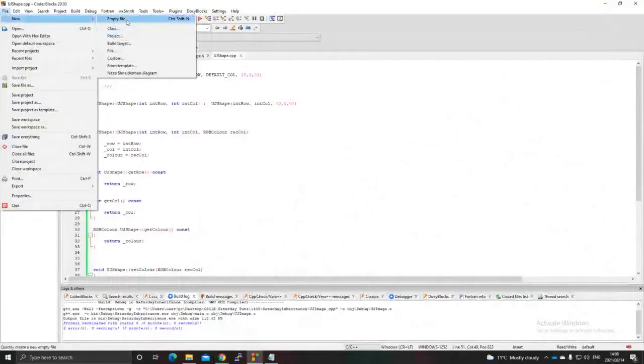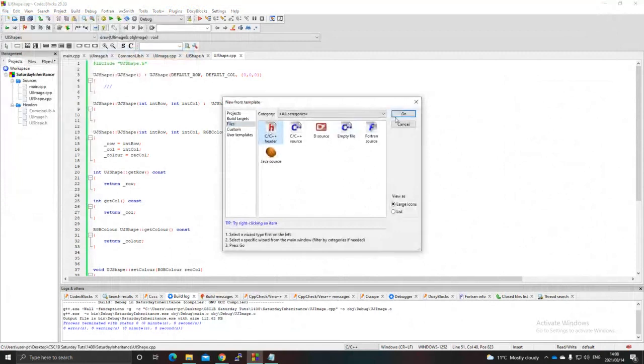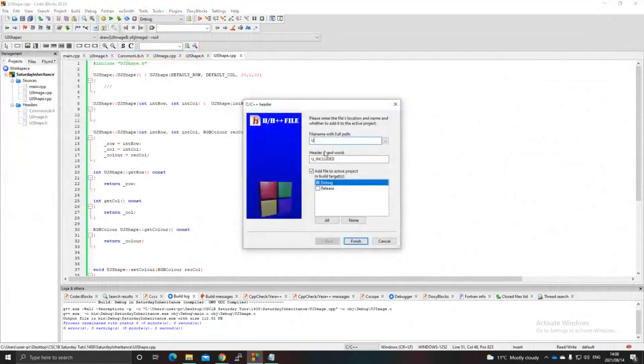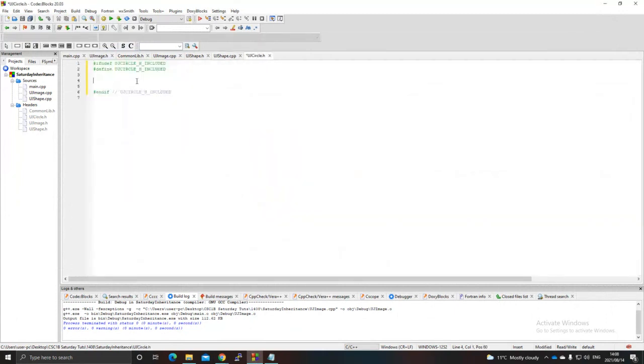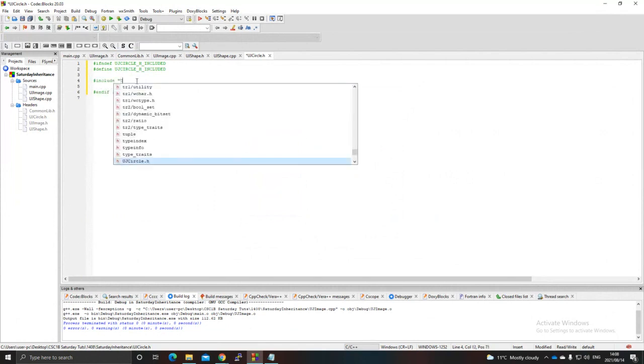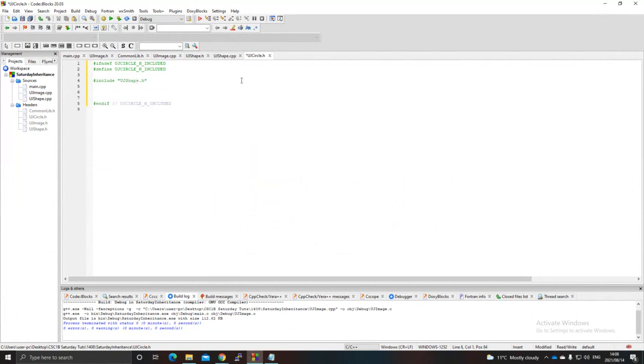So let's do our inheritance, right? Let's create a header file. Let's call this our UJ circle, right? And then what we need to do is let the UJ circle know that we have a UJ shape class, first of all, and then we're going to say class UJ circle, and